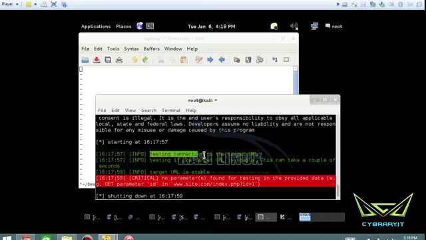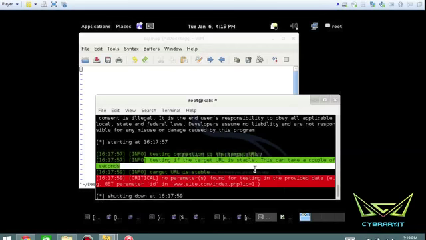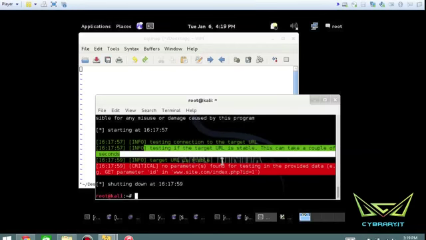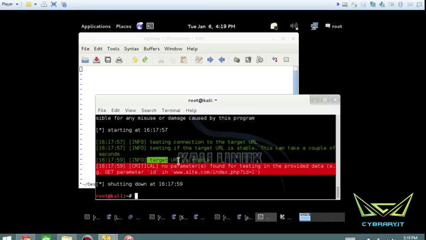Now it says testing connection to the target URL. Okay, great. Testing if the target URL is stable. This can take a couple of seconds, sometimes even minutes if you have a really slow connection. The target URL is stable, so great. That's always something you're going to look for. And then we get a critical warning here. No parameters found for testing in the provided data. So you can use the GET parameter id and, for example, this. So in other words,